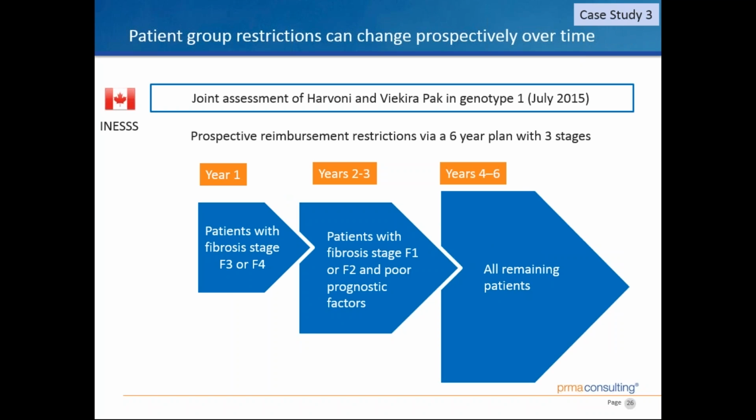The INESSS, when discussing their rationale, noted that although the treatment costs of these drugs are high, they were similar to that of the other DAAs that had already been reimbursed, and the INESSS found the cost effectiveness to be reasonable across all the populations. However, the budget impact was very high, $1 billion over 6 years, so it appears here that the financial implications